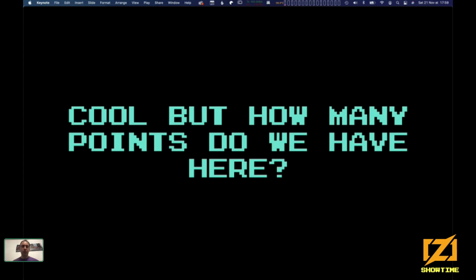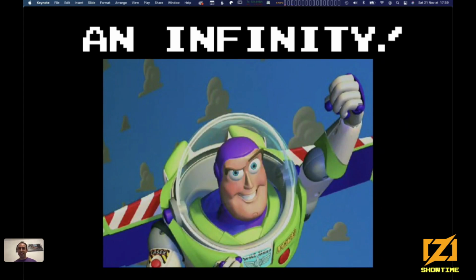So what we had on the slide before was some pretty cute visualization. How many points do we have? Well, on this specific visualization, we were probably using real numbers. So we have quite a lot of points, like an infinity of points. We probably don't want that. We want things to stay manageable.